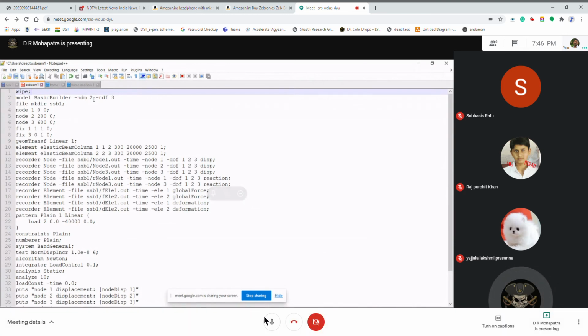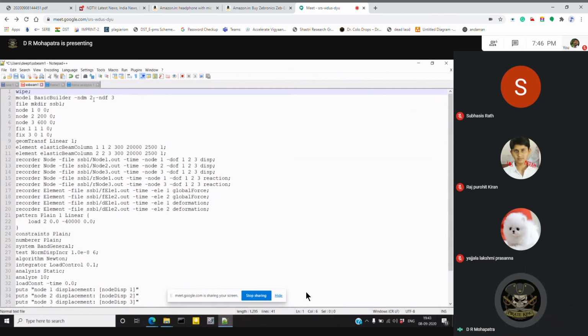Okay, it's a simply supported beam, and I decided to do it roughly and then model it. It's a simply supported beam with a dual load. The number of dimensions is two, x direction and y direction, so the number of degrees of freedom is three: translational in x direction, translational in y direction, and rotation about the z direction.